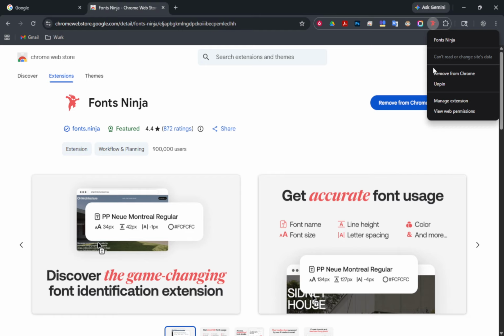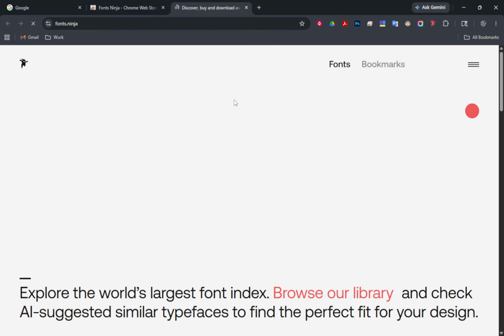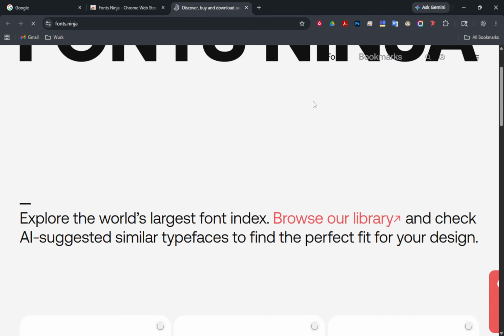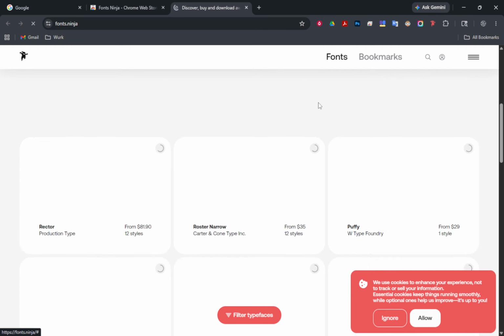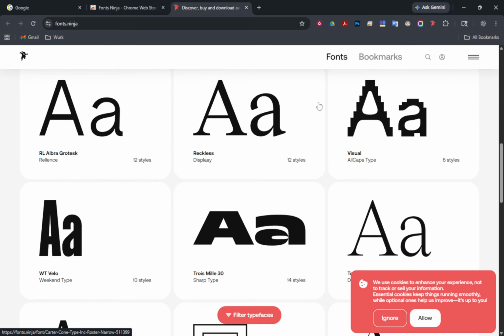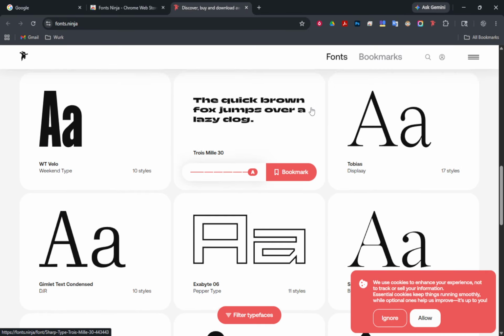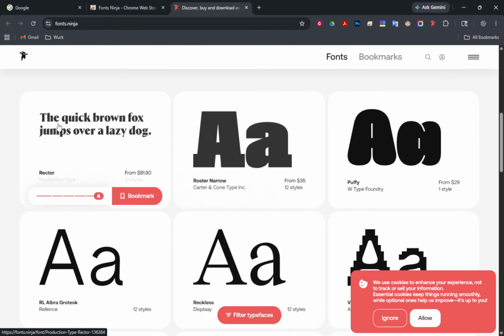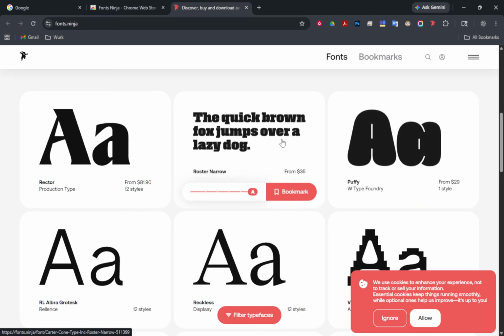saving inspirations. And if you ever want to pause or turn it off, just go back to the extensions menu via the puzzle icon and toggle it off or manage its settings there. If you don't see the icon after installing, try refreshing the page or restarting Chrome. Signing into Chrome also helps sync your extensions across devices.